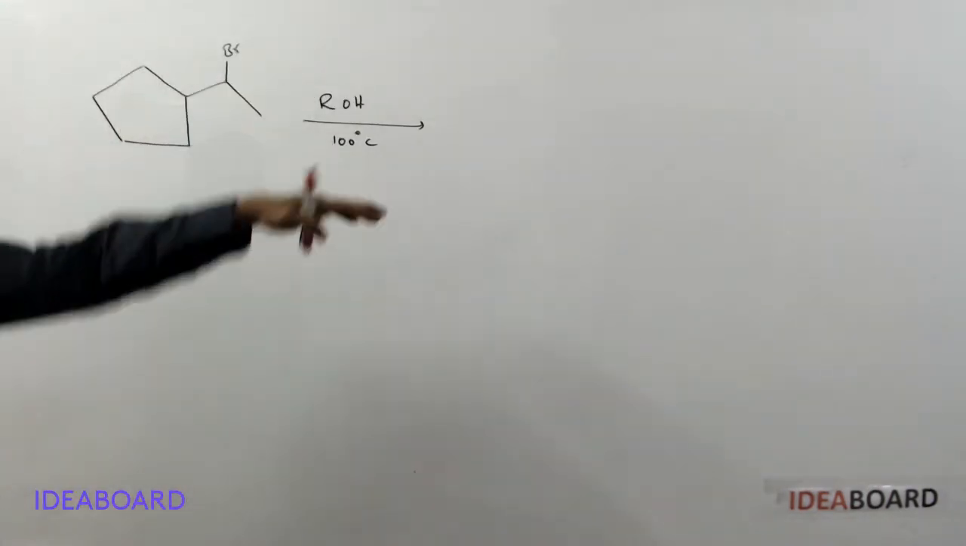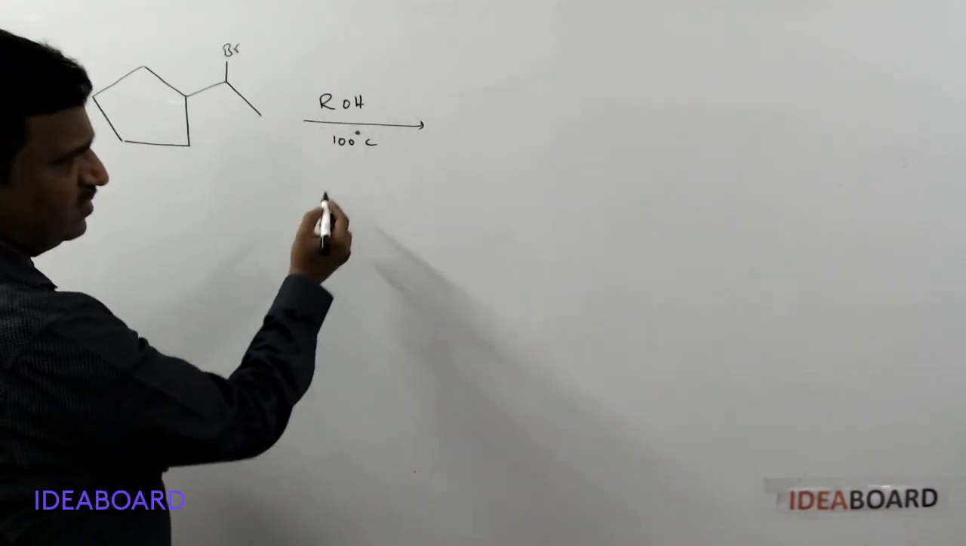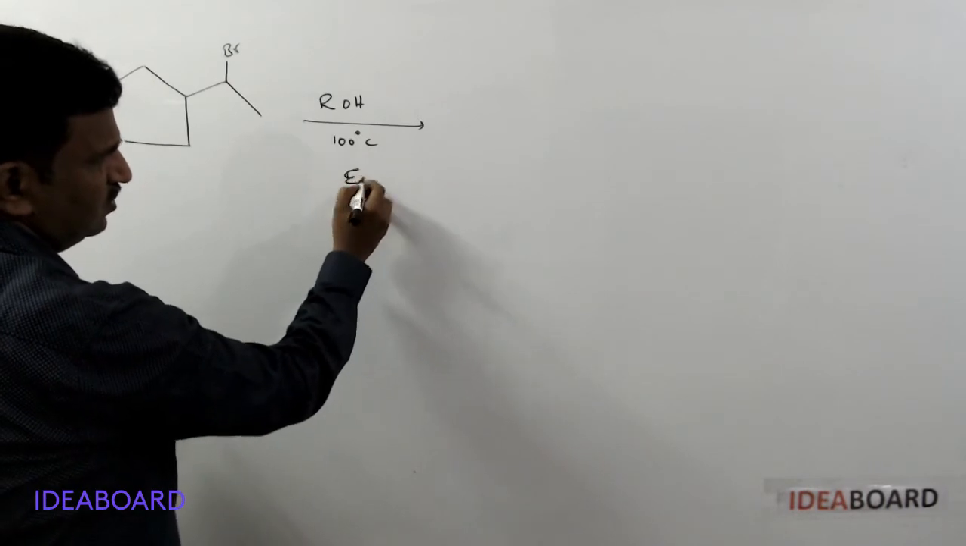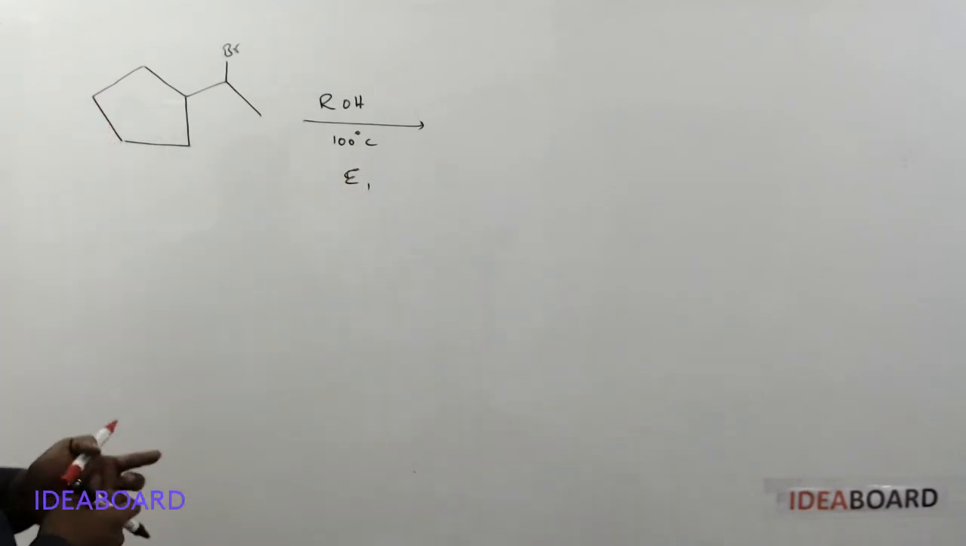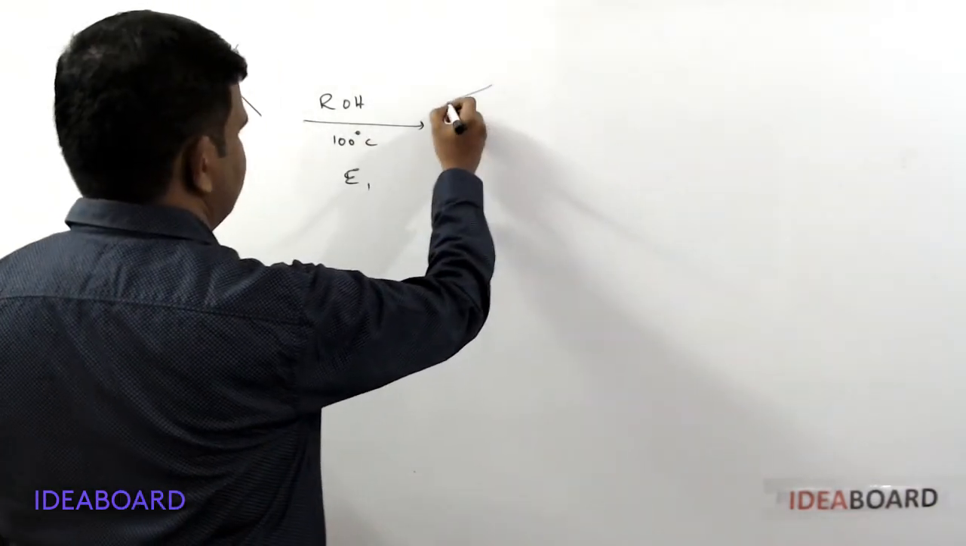Now I am taking a ring expansion process. Here, this is the alkyl halide given. ROH is given as a weak nucleophile or weak base. 100 degrees is given, so definitely an E1 reaction occurs because high temperature is given. And now we need to check first. We need to go for the